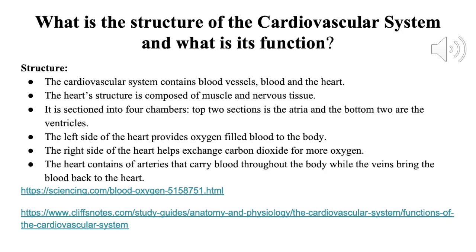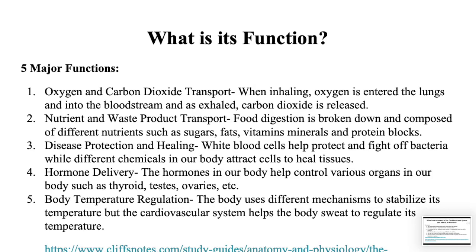The left side of the heart provides oxygen-filled blood to the body. The right side of the heart helps exchange carbon dioxide for more oxygen. The heart contains arteries that carry blood throughout the body while the veins bring the blood back to the heart. The cardiovascular system has five major functions: oxygen and carbon dioxide transport, nutrient and waste product transport, disease protection